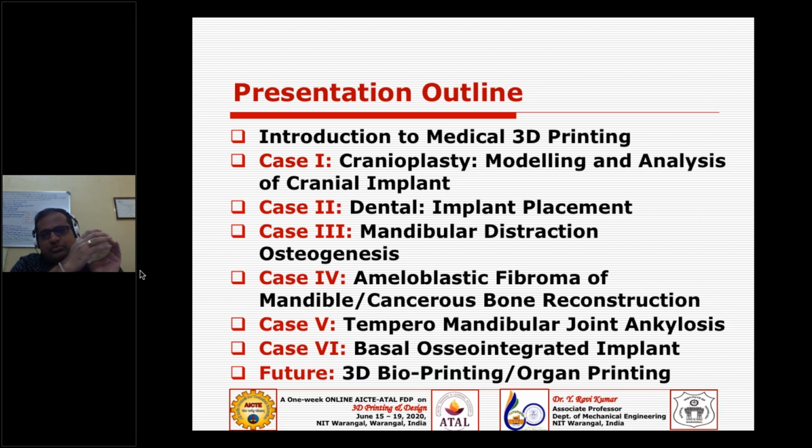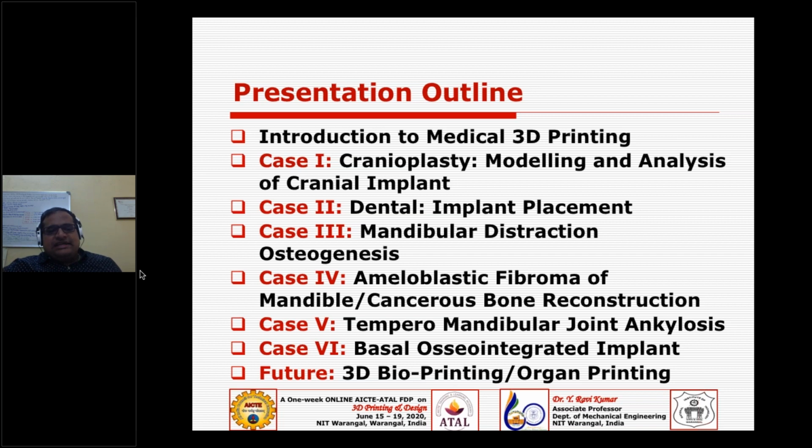Then I have a lower jaw, which is called the mandible, and the upper jaw, called the maxilla. Try to acquaint yourselves with these terms, since I may be using them during the presentation. The upper jaw is called maxilla, and the lower jaw is called mandible.